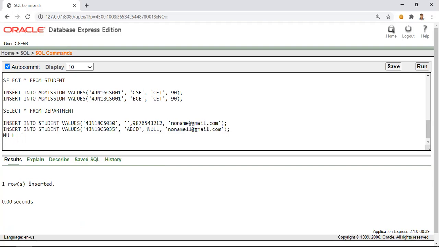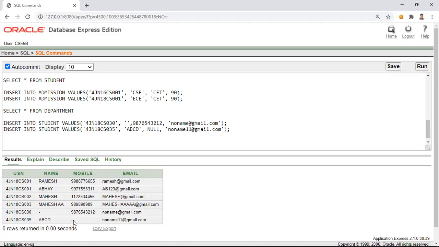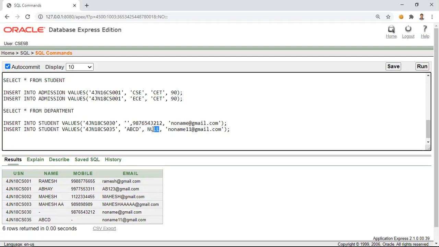So if you observe here, it is inserted. So let us check the values. So you can observe over here that for this ABCD the mobile number is not known to us, so it is a dash. So here I specified it as null. So similarly, for email ID also, if we don't know any value, we have to specify a null.